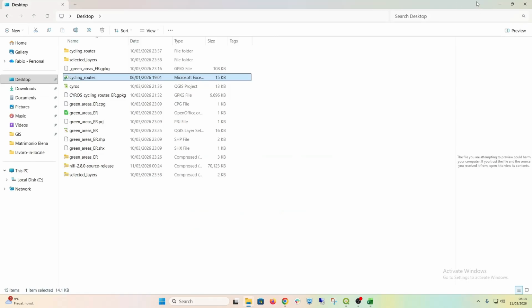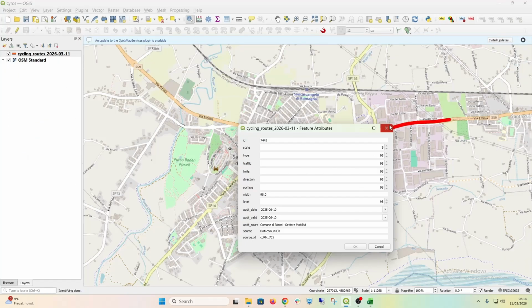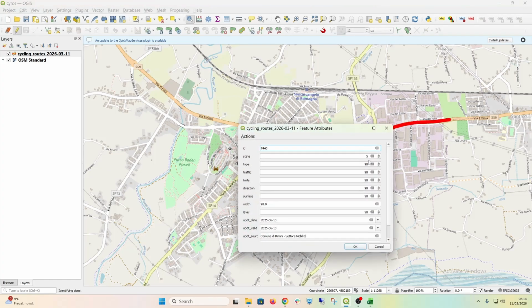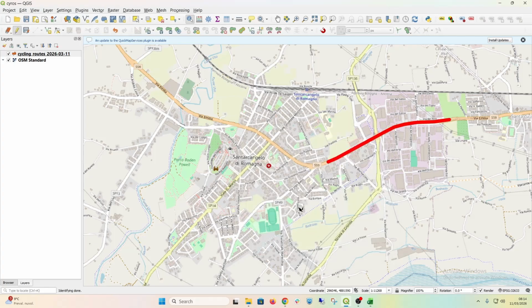So let me just update this value. So 1, okay, and now I can save. Okay, perfect. Now that we have updated this value, we can upload this new data to the WebGIS so that it can be updated also in the database and in the interface. So let me just go back,